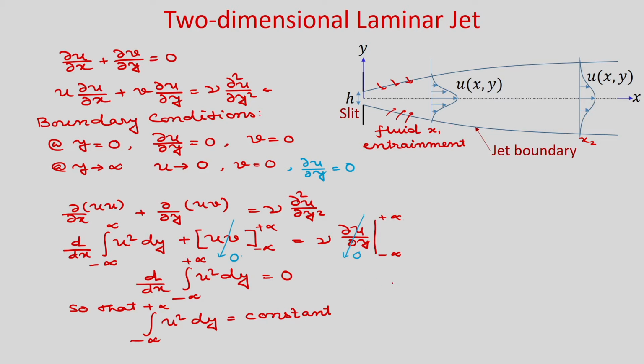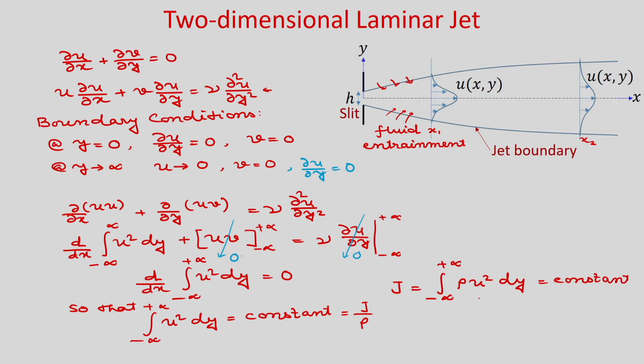And if you see the total flux of x momentum integrated on y at any location x, then we can get J is equal to the integral from minus infinity to plus infinity of rho u square dy. Okay. So, you can see that for incompressible flow rho is constant, so you can take it outside. So, it will become J by rho. That means, J which is your momentum flux at any location x is constant.